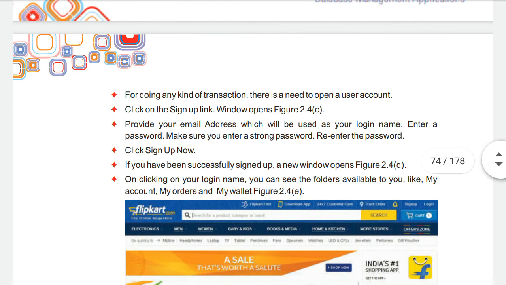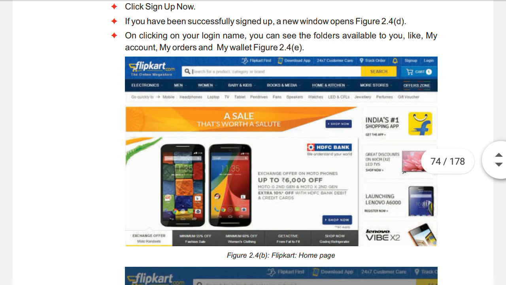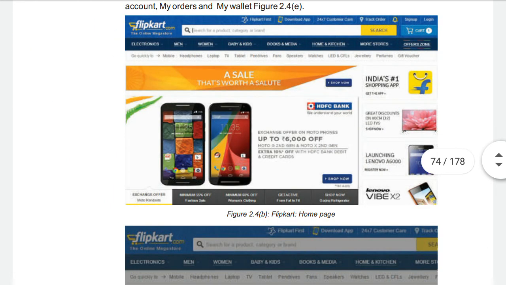Here you can see in the screenshot, this is the Flipkart web page, and there you will be seeing different offers. Different categories like electronics, men, women, baby and kids, books and media, home and kitchen. So these are the different categories. When you select a particular category, you will see the products in that category.